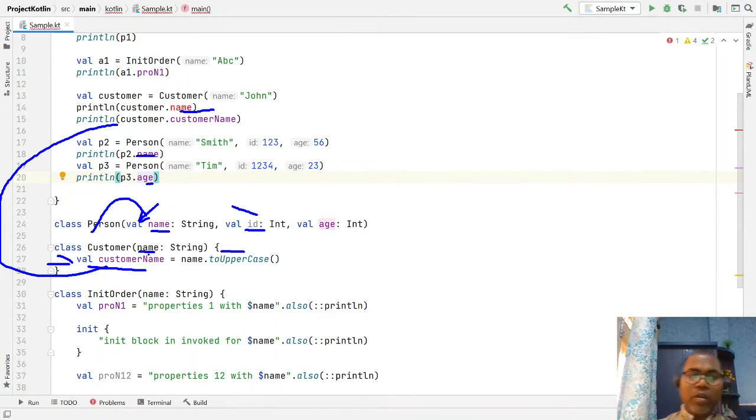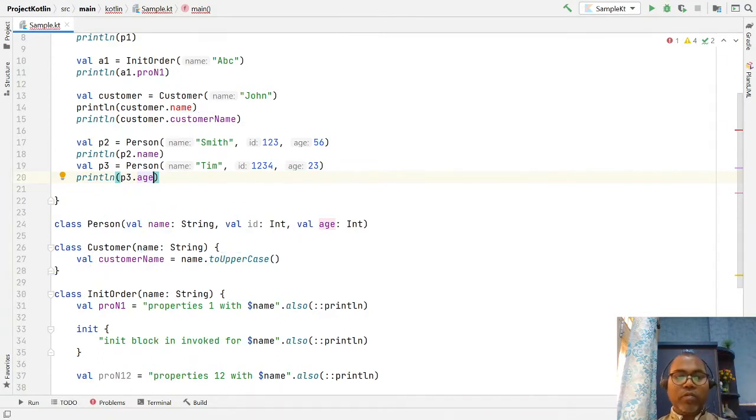Be sure that whenever you are going to define your class property, you have to specify your modifier, the val or var keyword. Then the compiler understands that you are defining the property for this class inside the primary constructor. Okay, so this is not a property of the customer class, and this is a property of the customer class.